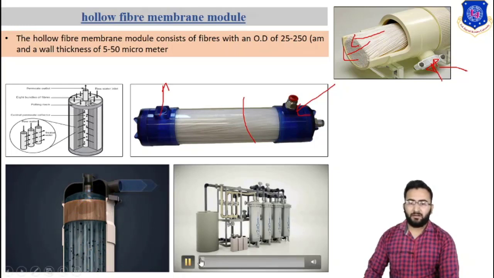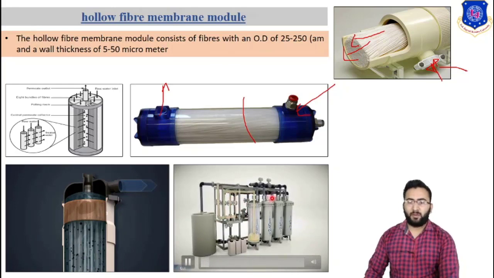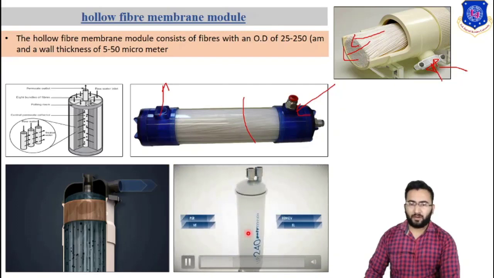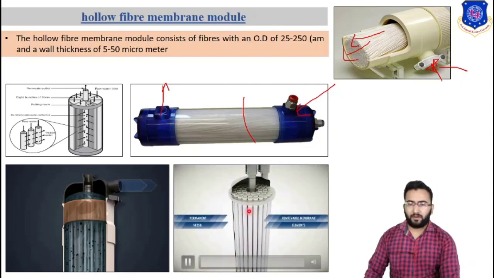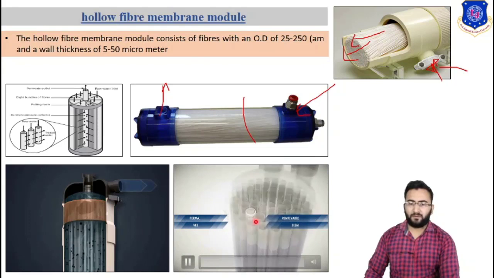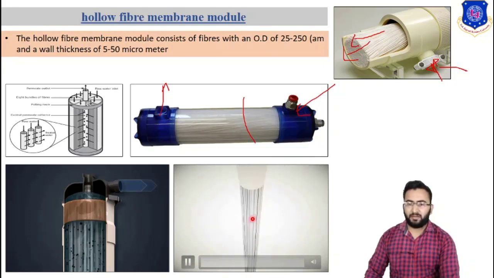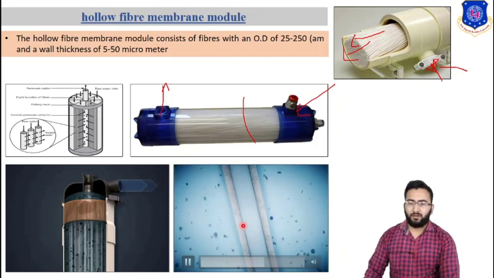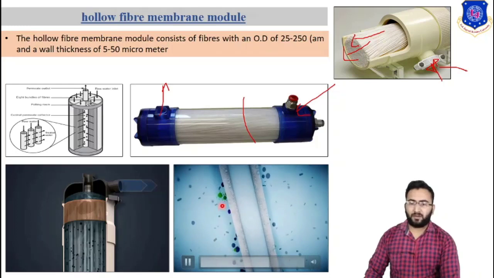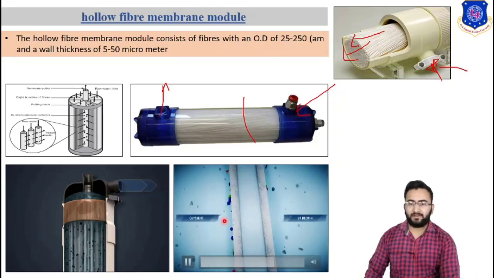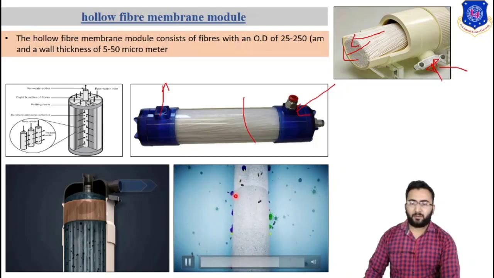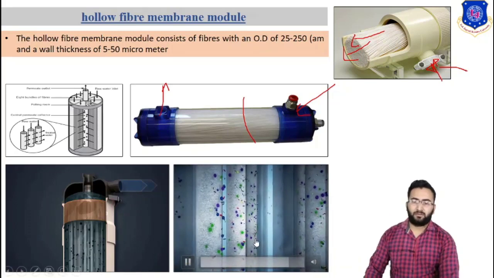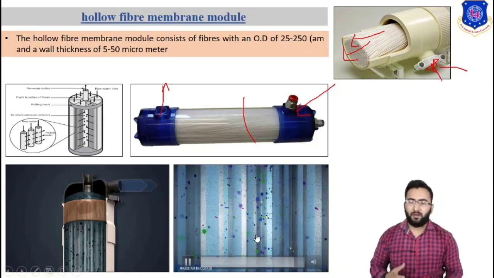This is also one example of the hollow fiber membrane module plant in which water can flow from this side and we can get pure water. So this is one hollow fiber membrane module which contains a number of plates or a number of capillary tubes. So this is one cross section of one capillary tube in which water can pass through the wall of the capillary tube and these viruses and bacteria cannot pass through the wall of the tube and are rejected from this area. So this is all about the hollow fiber membrane module mechanism.